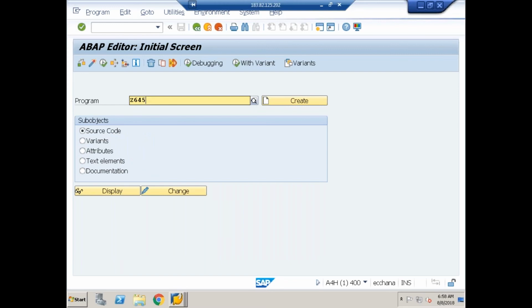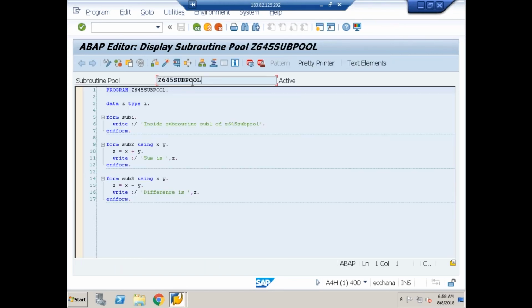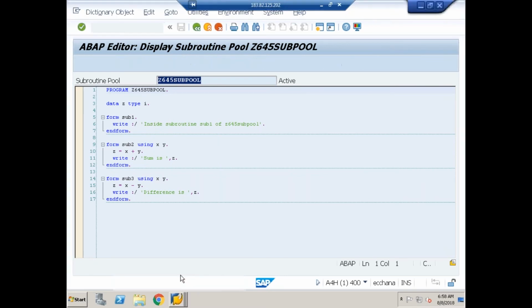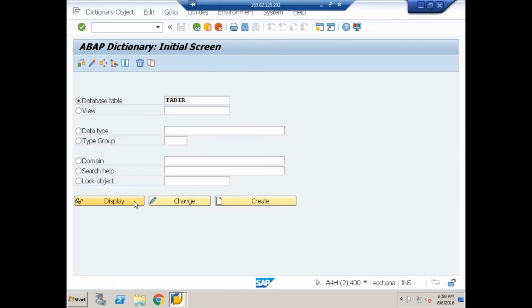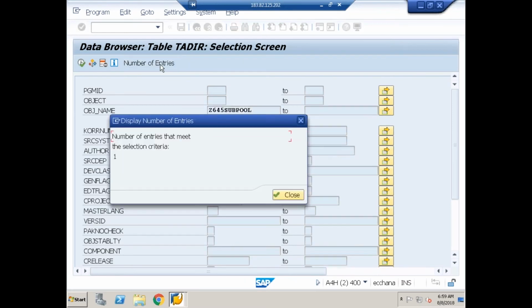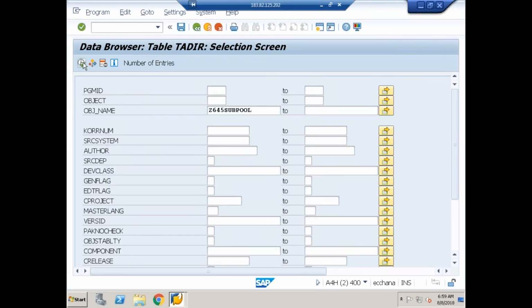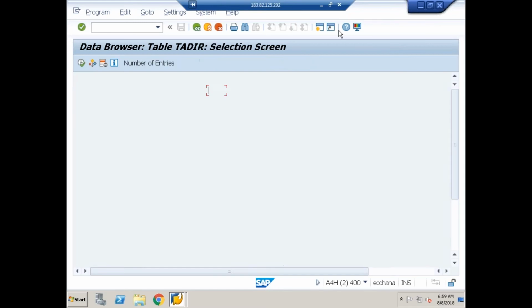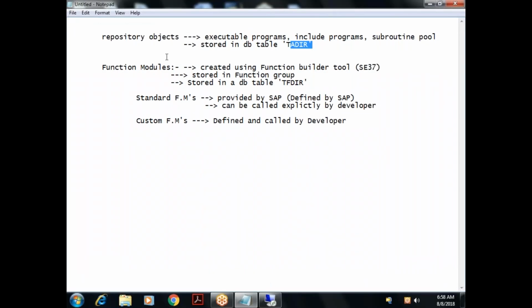Yeah, Z645 subroutine pool. This is the subroutine pool we have created. Let me go to the table and check TADIR. I'll go to contents. What is that? Z645 subroutine pool. If I check the number of entries, yes, one entry, it is also available. So what I'm trying to show here is whatever repository objects we have created so far, executable programs, include